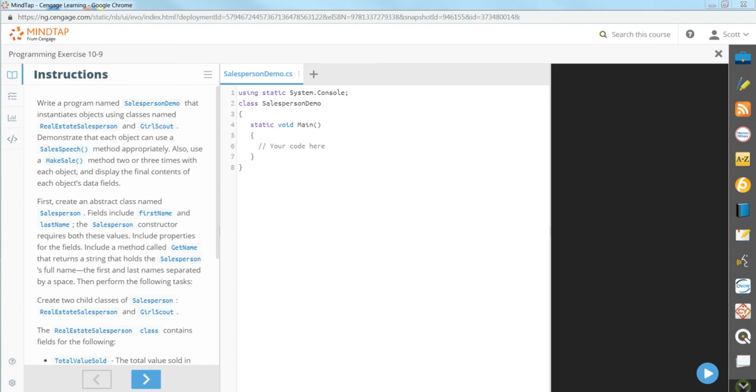So we're going to talk about inheritance and abstract interfaces. We're going to tie it all together in this last exercise in chapter 10. Here we are, 10-9. And we're going to take the concepts that we've dealt with all through chapter 10, and we're going to bring them all together in a common